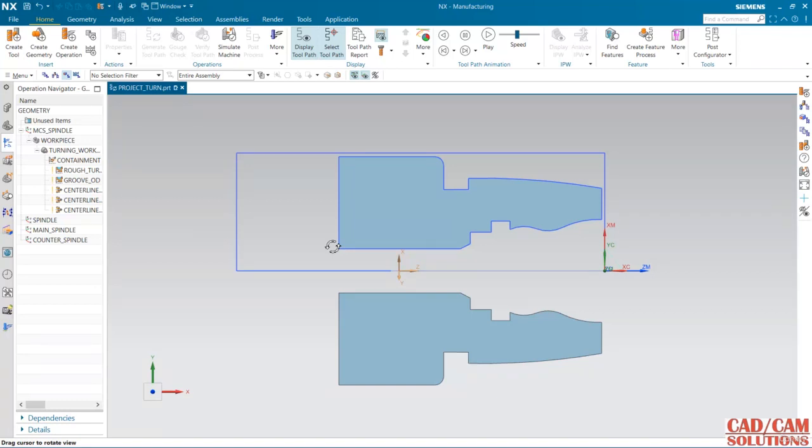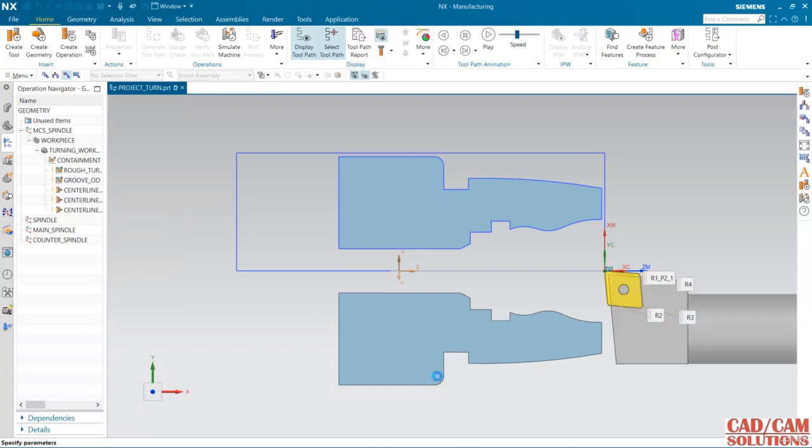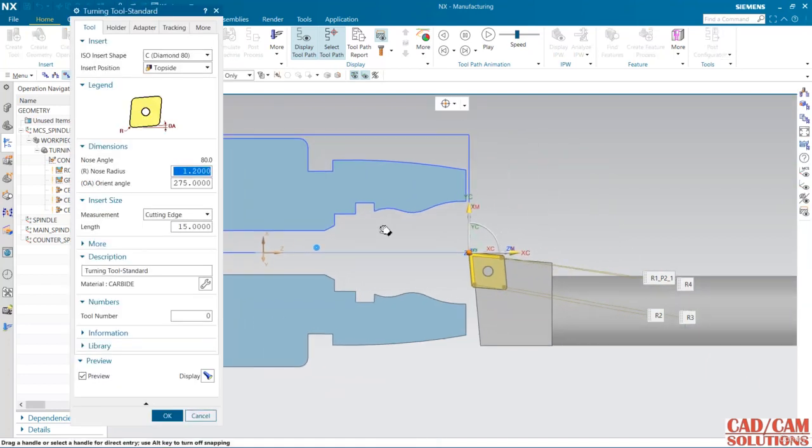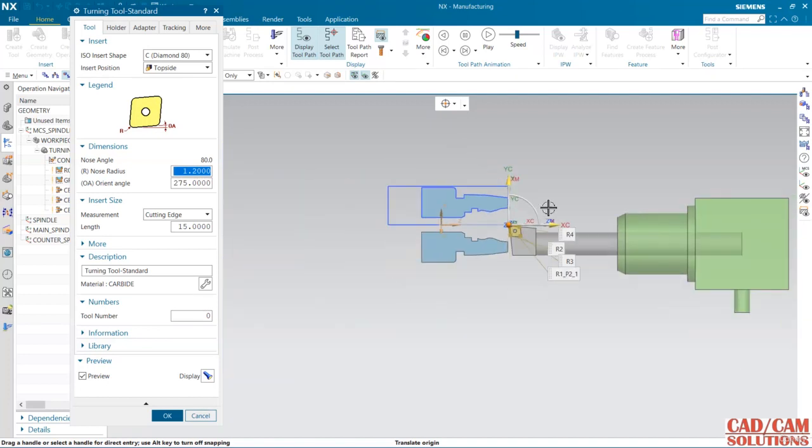Hello friends, in this lecture we will see turn ID, and for ID I am going to select a tool. So this is ID left handed tool and this is left ID 55 left handed tool. So I am selecting this tool, and this is the tool, and here it is a little bit bigger, so